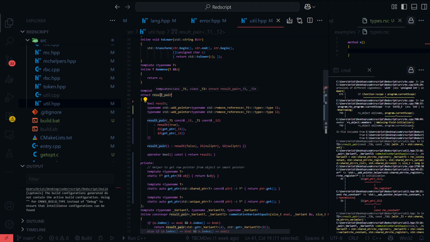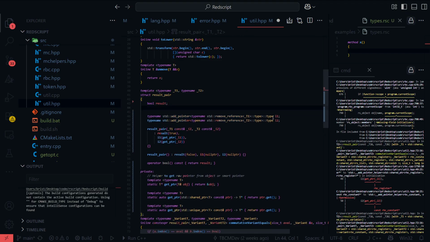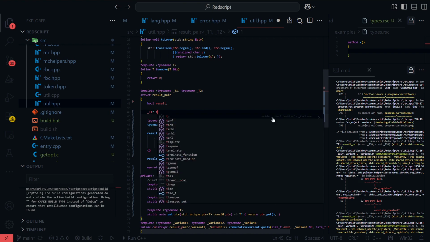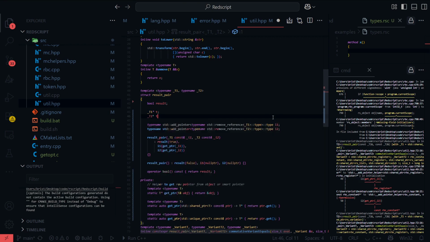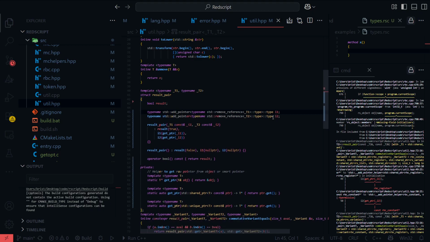It's just a wrapper for whether or not the result of something was a success, and then a pair of return values, right? ChatGPT gave me this because before all I had was just T1 pointer and then T2 pointer. That was what I had before, right?